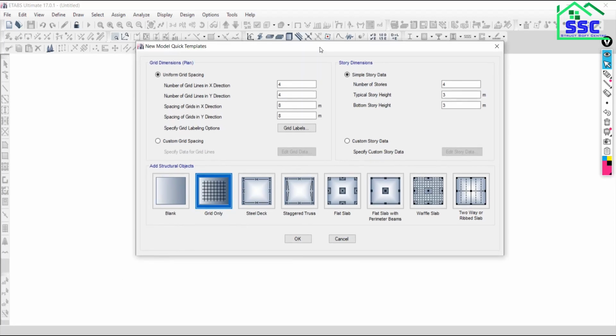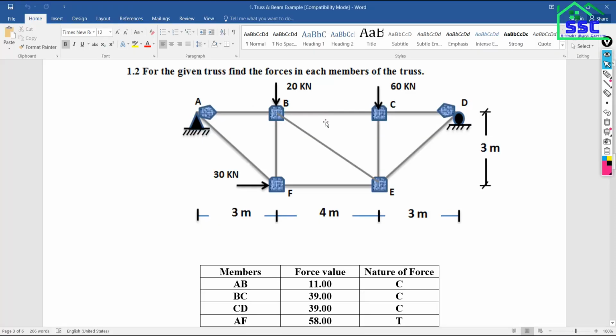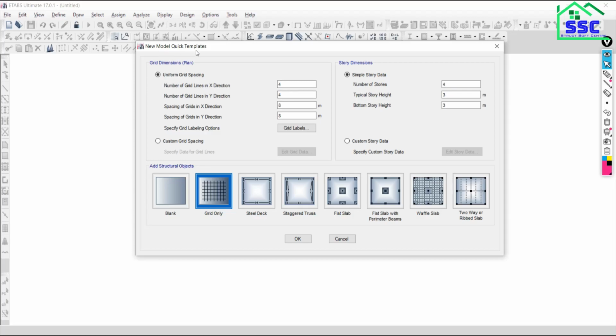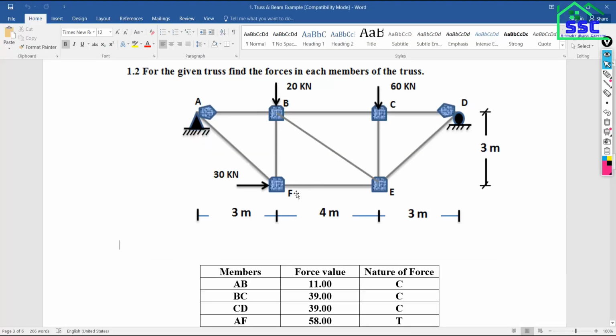Once you click on OK, a new dialog box will open with the quick templates. As you can see here, if you look from the top, you can find three grid spacings in the X direction, this one, this two, this three, and this will be the four.